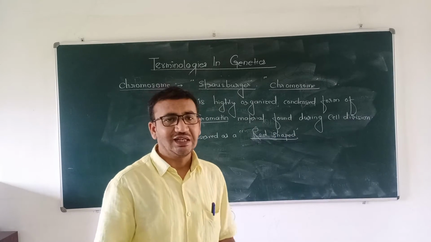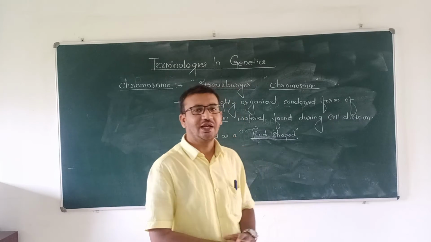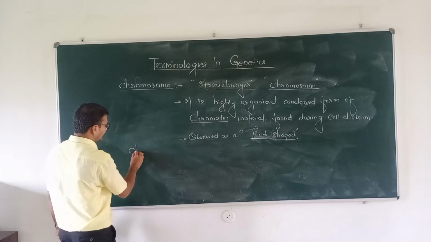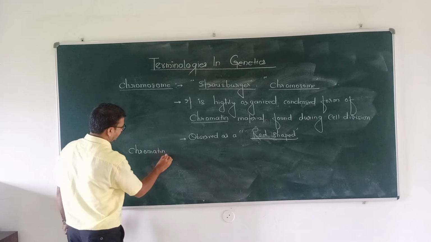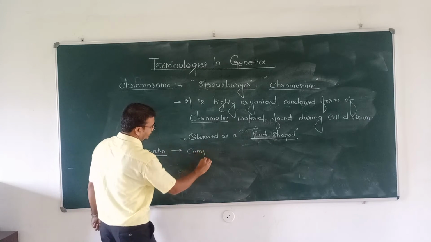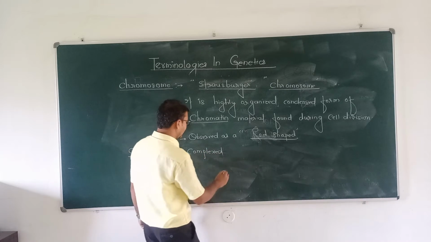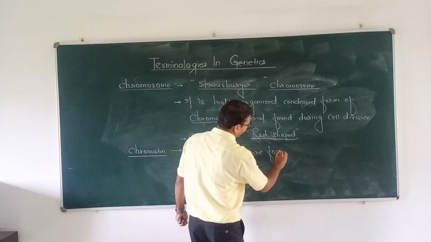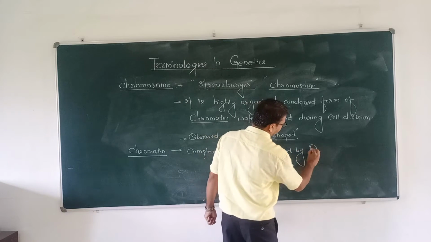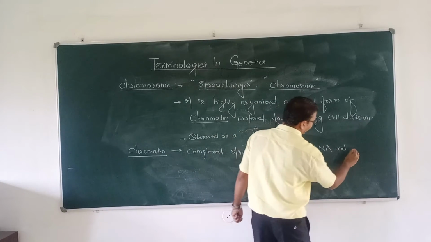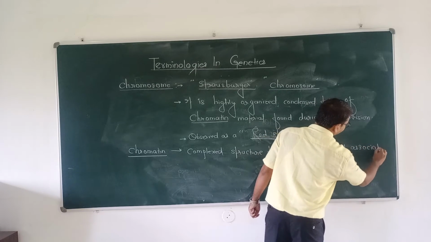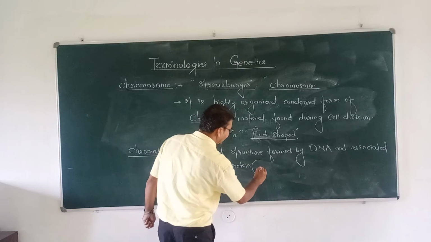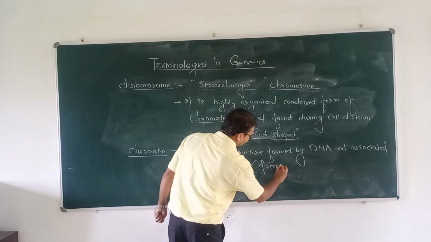तो हमको रॉड के जैसा कुछ कलर्ड सब्सटेंस दिखता है न्यूक्लियस में, जिसको नाम दिया गया क्रोमोसोम। अब उसके बाद में हमने देखा कि क्रोमैटिन क्या होता है। सो क्रोमैटिन इज कॉम्प्लेक्स स्ट्रक्चर फॉर्म्ड बाय DNA एंड एसोसिएटेड प्रोटीन्स। DNA और कुछ प्रोटीन्स जिसको हम कह सकते हैं हिस्टोन प्रोटीन्स।